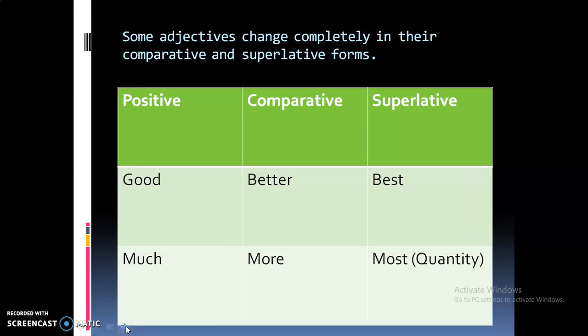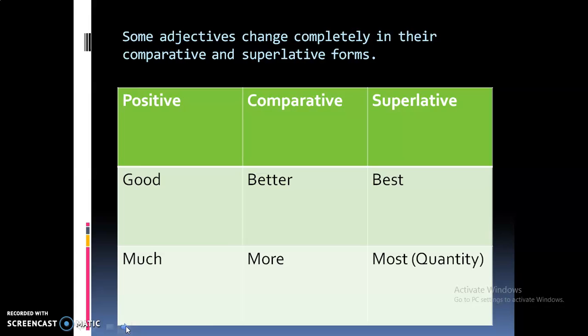Now you are comparing. Yes, she's better. Okay, Tina is better than Meena. So it's a comparison, so you cannot say good. Good becomes better. And next is best. She has performed best in her exams. She is the best in that paper. In that particular grammar paper, Tina is the best performer.